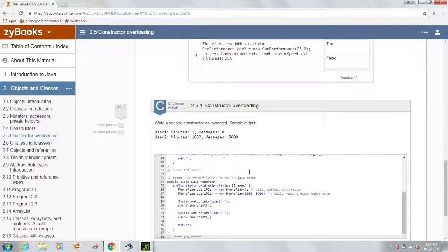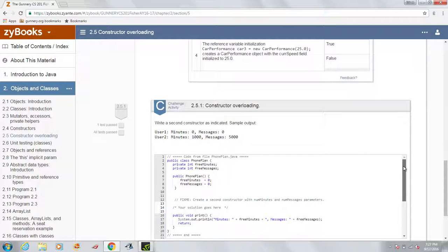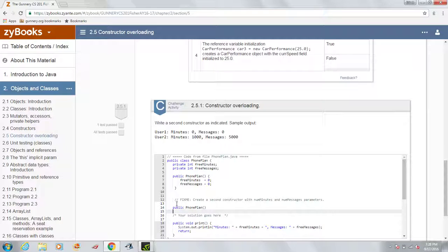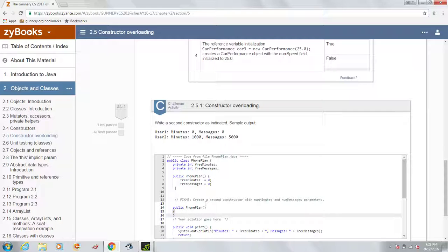All right, now I'm not going to write it, but write your own answer here. So I've got a default phone plan, and then I'm going to write another constructor with some sort of parameter here. All right, num minutes, which has to match. So it has to be an integer. Int, and I mean you want them to be useful, but technically it